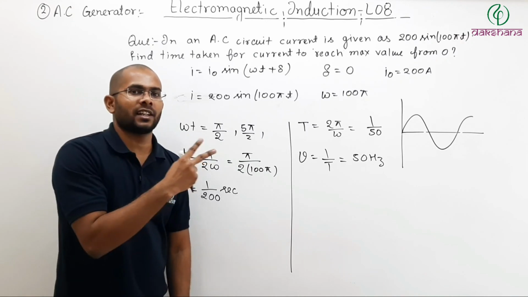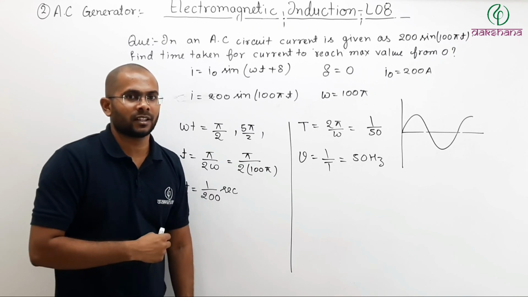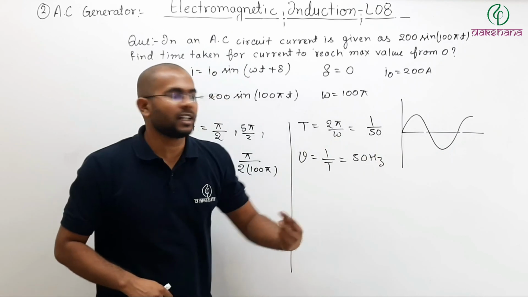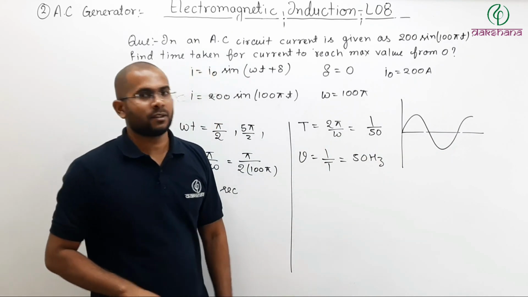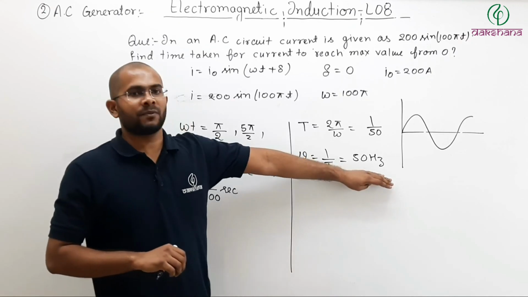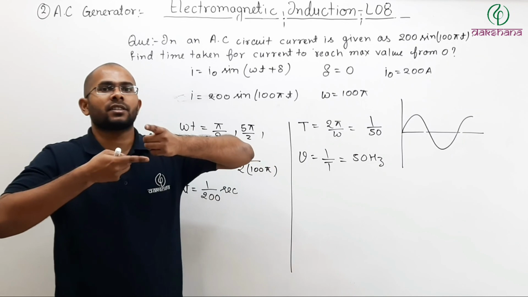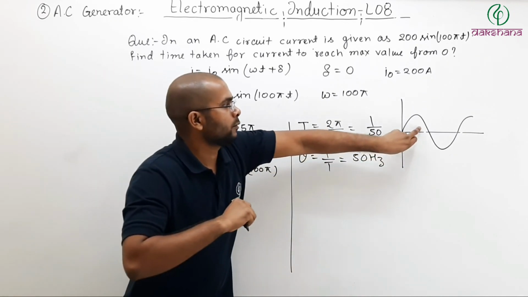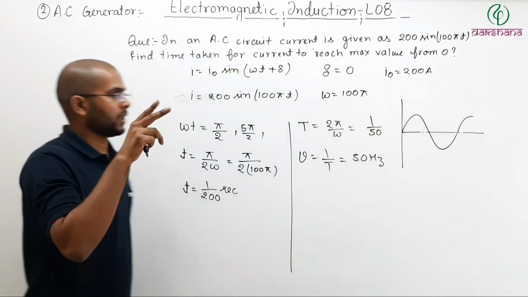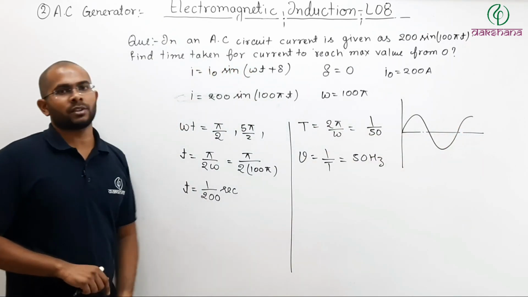So in 1 second, how many times does current change its direction? If one time period gives twice, then in 1 second it will be twice the frequency. So in 1 second it will be 100 times. If the frequency is 50 hertz, in 1 second current will change its direction 100 times. How? Once positive to negative, then again negative to positive. So twice. Pause the video, note it down, then we will solve another question based on this.